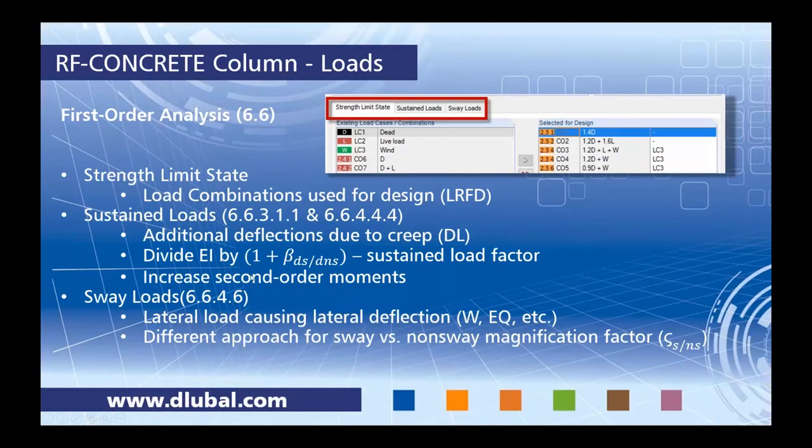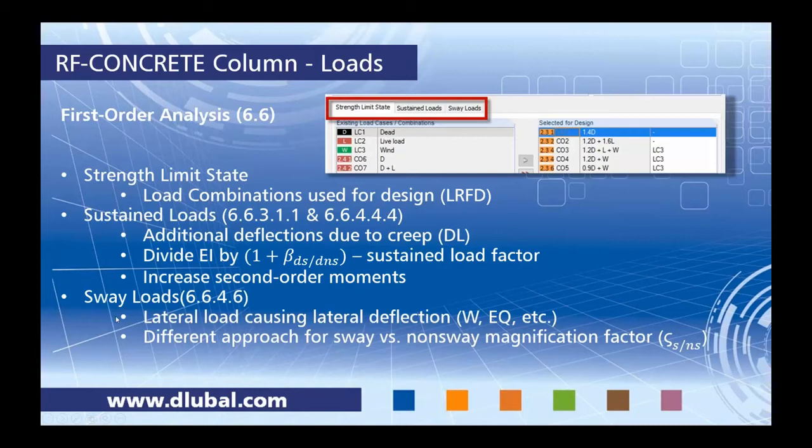Now, sustain loads, this comes from section 6.6.3.1.1 and this other section here. And this just tells us that we need to take into account additional deflections due to creep. This doesn't necessarily have to be a gravity load, but this could be a lateral load as well. Typically, you'll find things like dead load, though, are something you want to consider for creep. And that's where we would add this into the sustained load, something like our load case dead load. And here we'll divide our stiffness EI by 1 plus the sustained load factor. In turn, this increases our second order moments done in the moment magnification procedure. So, like I said, if creep is something you want to consider, you will want to add that into the